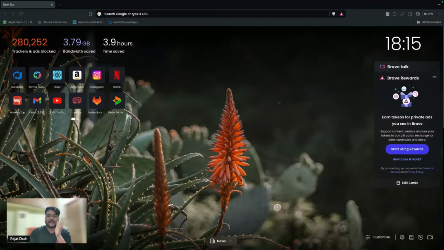Yeah, SPA, single page applications, as the name suggests. Any idea what it could be? Static website. Okay, no, it's not a static website.